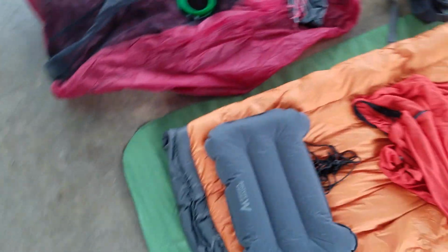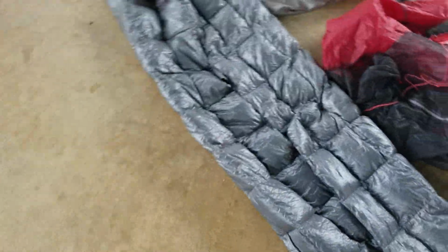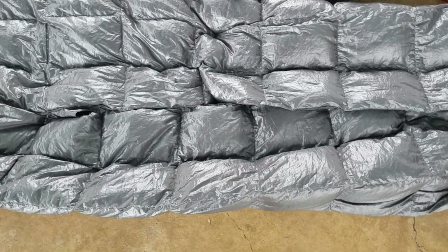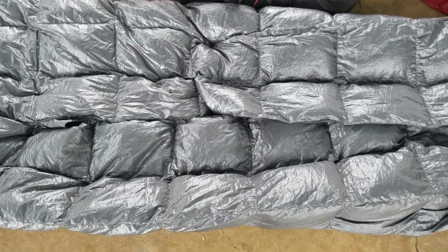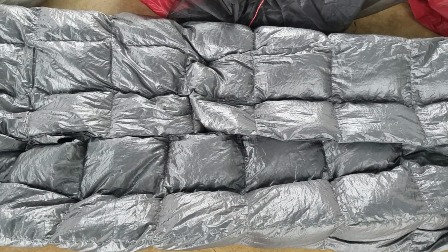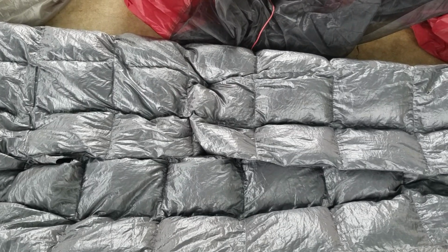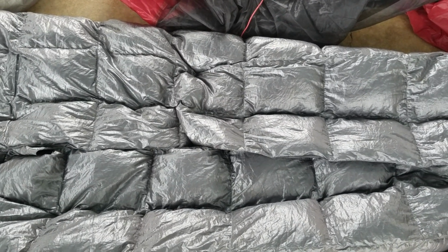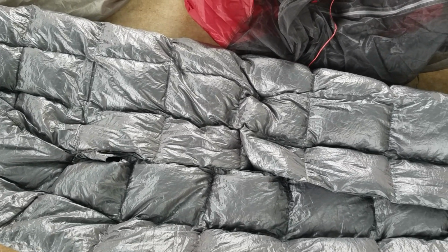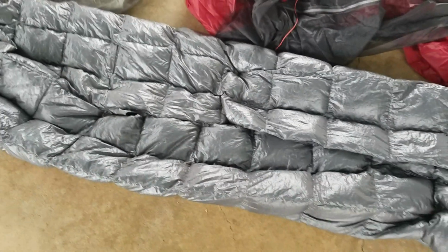And I'm starting in Maine this time, so I'm doing SOBO. So what I'm going to do is bring my 50-degree bag with me as well as a supplement until I get through the Whites, because I know it can get down to freezing. So this is a 50-degree and a 20-degree. I figure I could put them inside each other like I've done before. At most it only weighs a little over 2 pounds for the both of them, so it doesn't really add a lot to my gear or bulk because they're very small